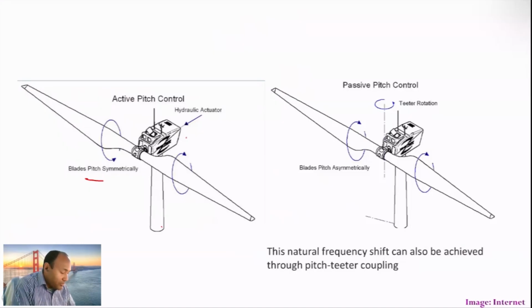This is where the pitch control mechanism, which sits inside the nacelle, takes care of it. And this is passive pitch control, where you have a theta rotation, and then the blade pitch is asymmetric. So this teeter coupling or pitch control mechanism is just to